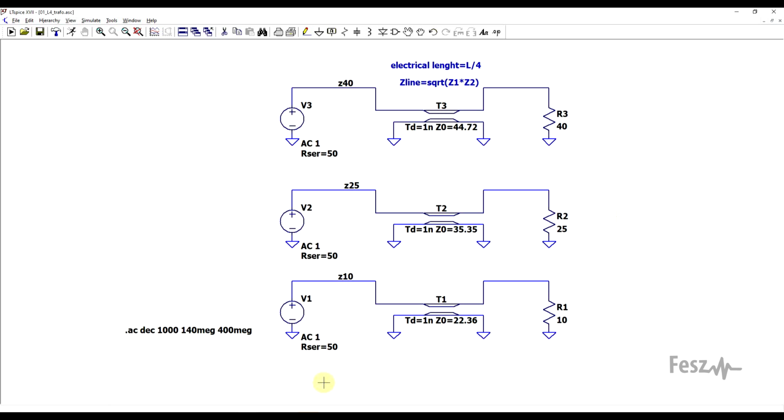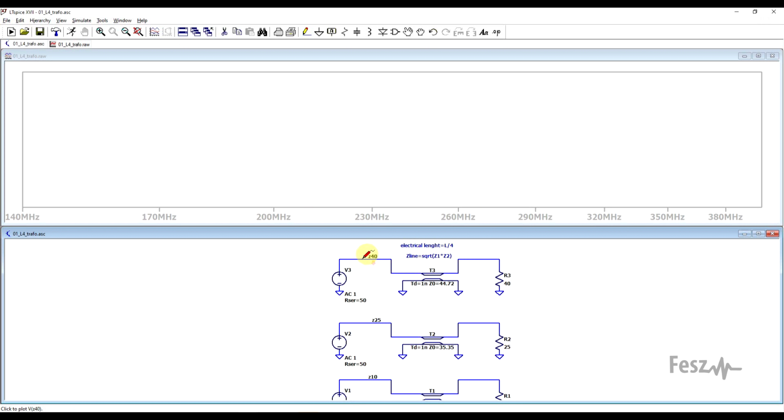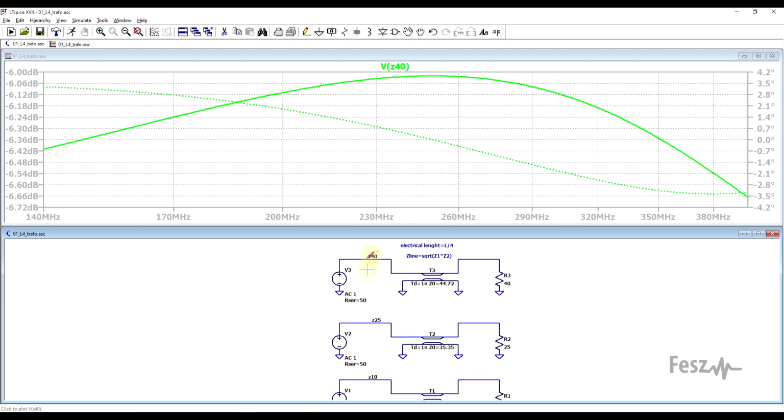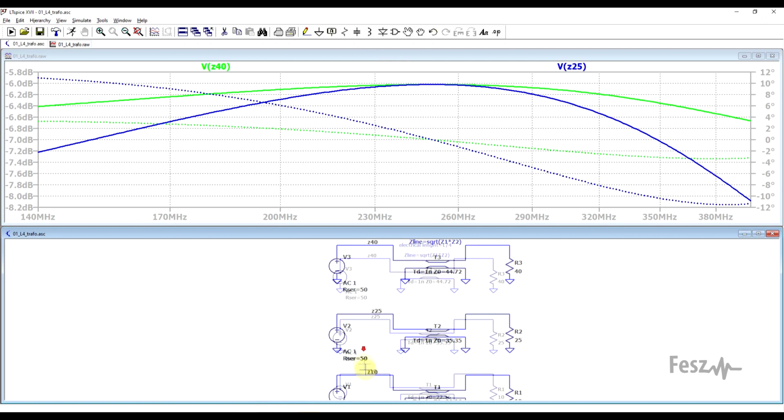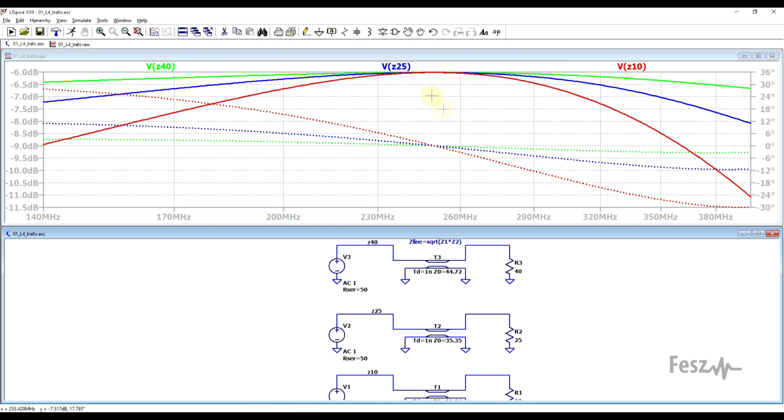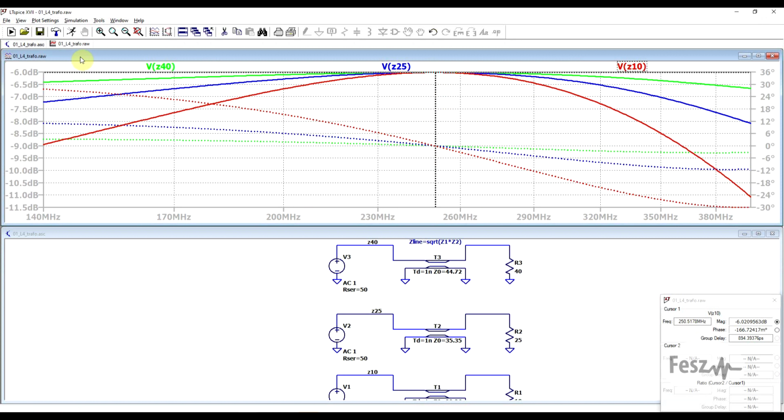We can quickly confirm this in the circuit simulator. So in this case, I'm using 1 nanosecond long transmission lines for 3 different load impedances. And well, the calculated transformer should provide matching at around 250 MHz based on the transmission line length. So if we run the simulation and we check the signal on the signal source side, so the 40 ohm transformer, the 25 ohm, and the 10 ohm, we can see that indeed all of the transformers are working. They are providing impedance matching at the 250 MHz point, where we are getting the -6 dB attenuation and 0